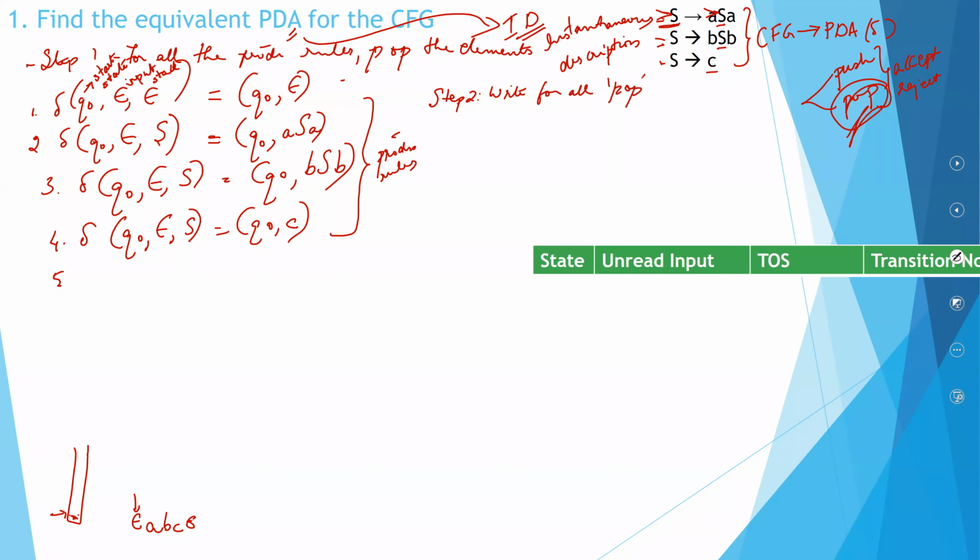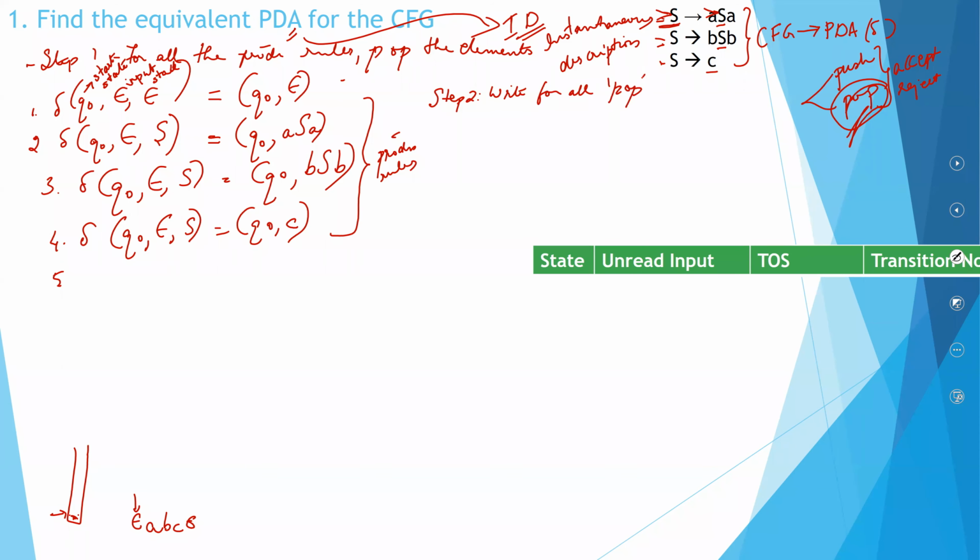Okay, now look here. You are now planning to read B. And the top of the stack is S. Now look here. S means you can either go to 2, 3, or 4. But when you're planning to read B, you can only go for step number 3. B is step number 3, isn't it? So, I am back in my Q0. I will have BB, C, BBA.